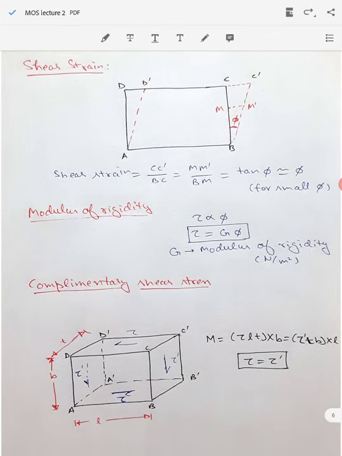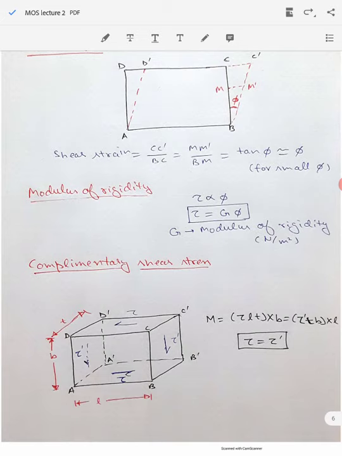Now there is one concept that I would like to tell you here, that is the concept of complementary shear stress. Whenever a stress is being applied on one plane, on a plane perpendicular to it a similar magnitude of stress will be applied at 90 degrees to it. So how can we prove that? If we take the same ABCD small element, I have right now drawn a cuboid here, and you can see a rectangular parallelepiped in 3 dimensions here.